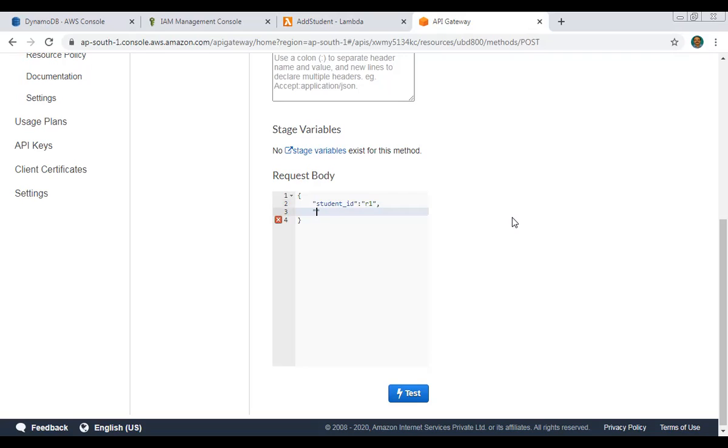Then student name. Do you know the name of roll number 1 from your class? The name is Apolkar Tushar, the roll number 1 student in our class. So I'm adding the name: roll number 1, Apolkar Tushar, and